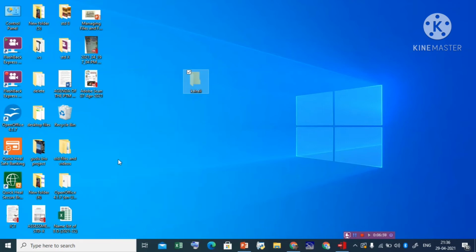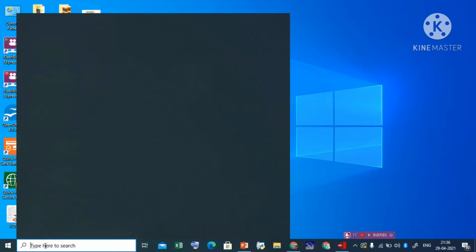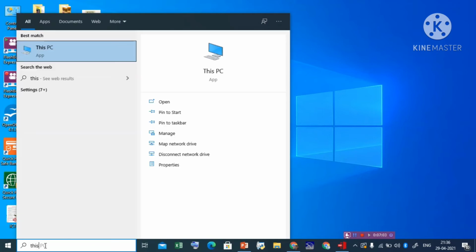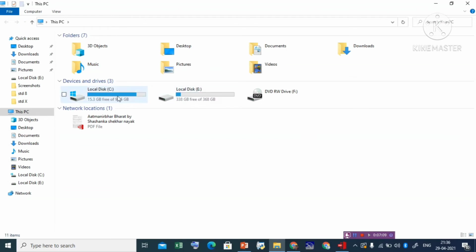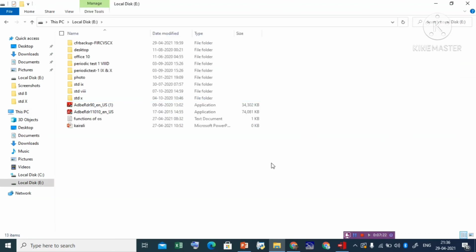Now for another drive I will go to This PC. It will show me all the locations: C is the C drive, then the D drive, another drive. If you attach a pen drive, it will show that drive also. Open the drive where you want to paste. Suppose I am bringing it from the C drive to the E drive, so I open the E drive.